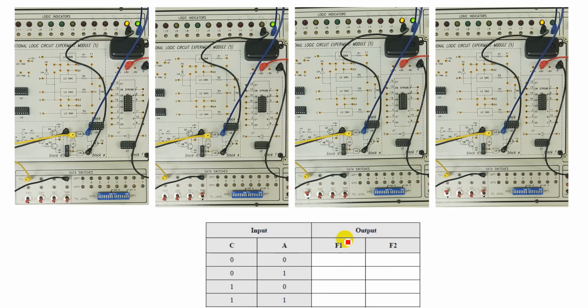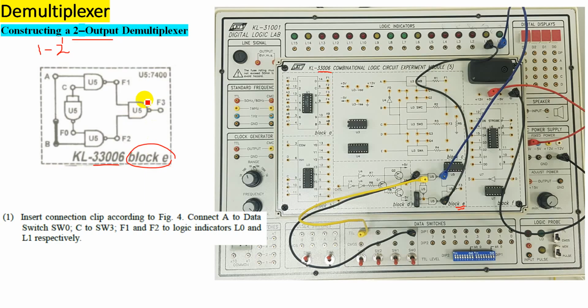Just one comment which I need to tell you here: we have 2 inputs. One of the inputs is going to be the data input line, and the second input is going to be the selection input. The selection is going to decide which value of the input should appear at either F1 or F2. These are my output lines. So how will we know what values are coming? Simple, this is the circuit. The only thing is we are using NAND gates here. It's not an AND gate, it means the opposite of the AND gate.